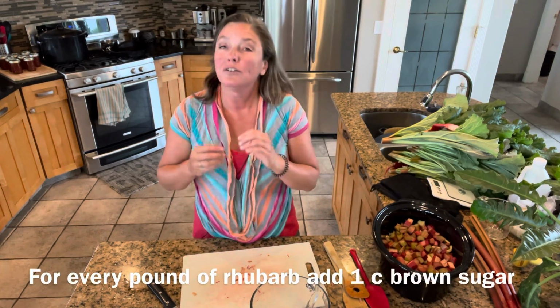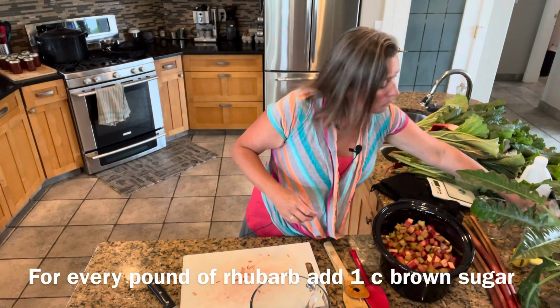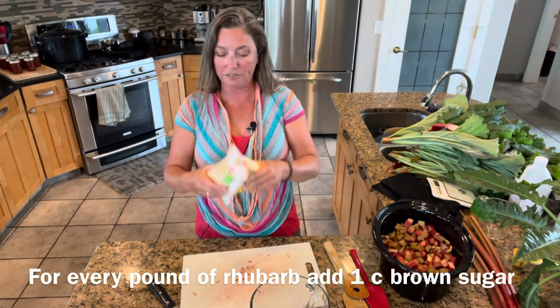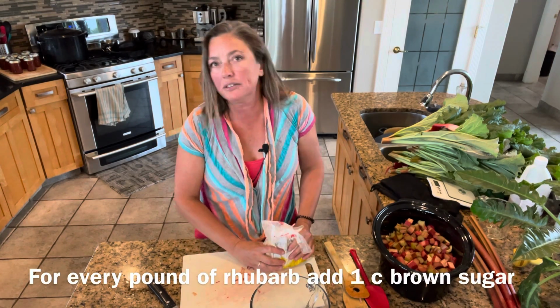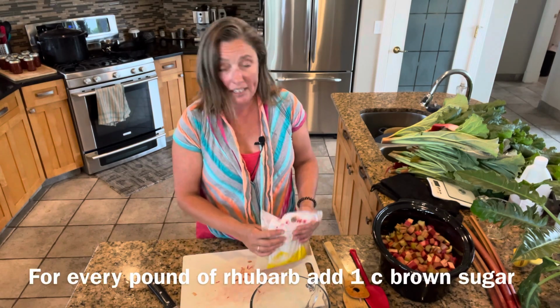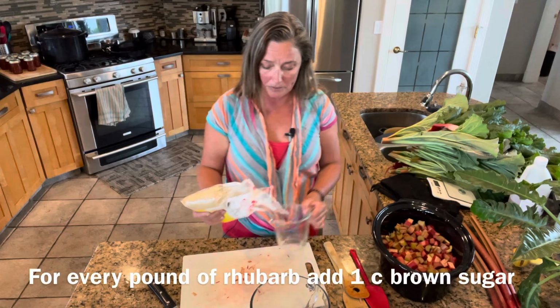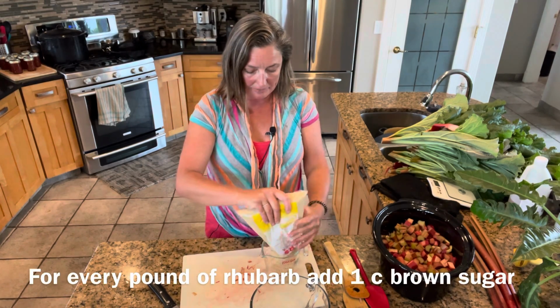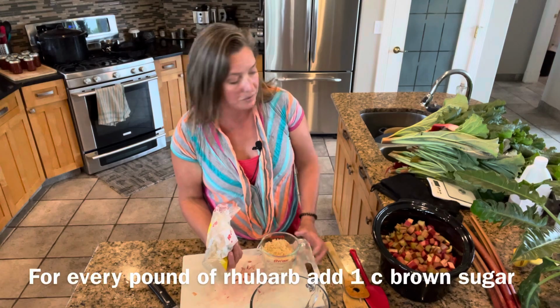All right, so 4 pounds. There we go. Okay, so now for the other ingredients. For each pound of rhubarb that you use, you're going to put in 1 cup of brown sugar, okay? I like to use the brown sugar because I like that rich caramelized flavor. You don't have to use the brown sugar if you don't like to. I just find I get a nicer product if I do. And this isn't an exact science, people. If you want to use more or less sugar,